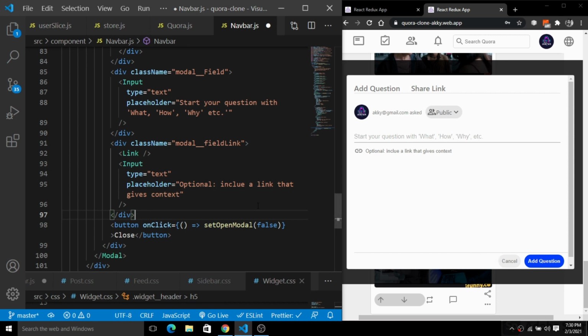So I'm going to simply create another div for the buttons here. So I'm going to simply create a div for the buttons. So here I'm going to simply create another div with a class name. So here we will simply give a class name of the